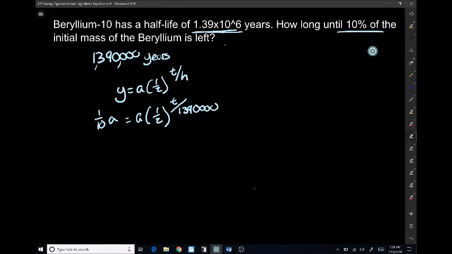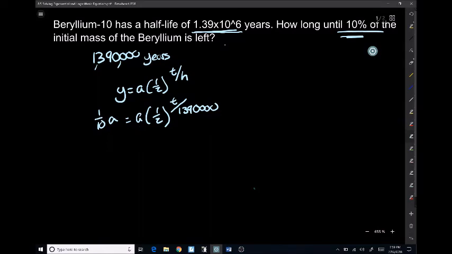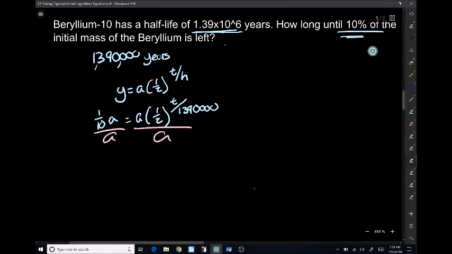And the cool thing here is, even though I don't know the starting amount, I can still calculate how long it'll take to get down to 10% of it. So if I started with 5 grams or 50 grams or 5 million grams, it doesn't matter. To get down to 10% will still take the same amount of time. Because the first step in solving this would be to divide both sides by A. And when you divide both sides by A, you're going to get 1/10 equals